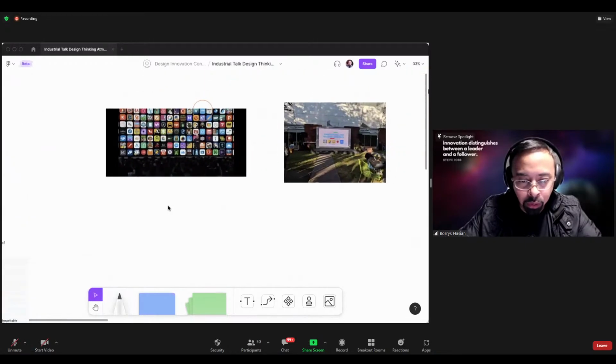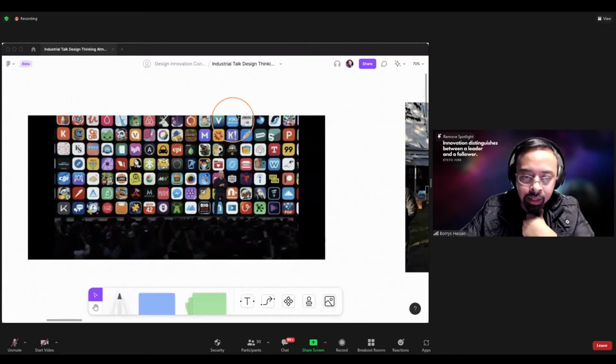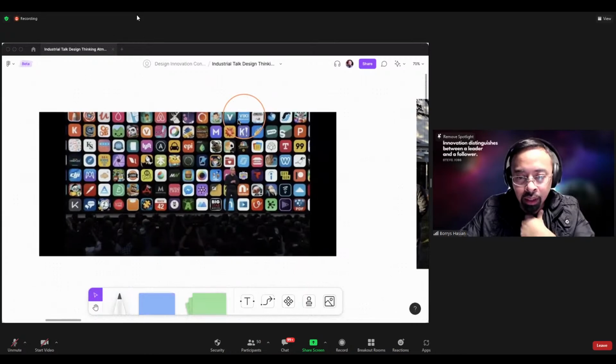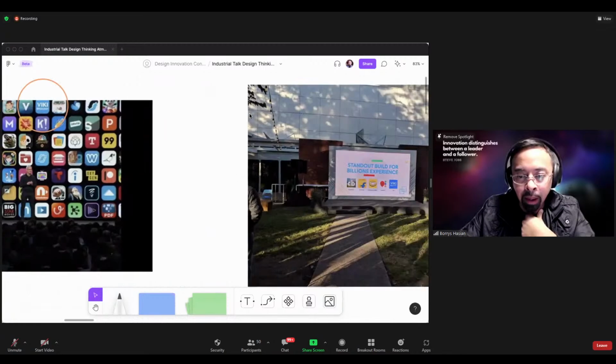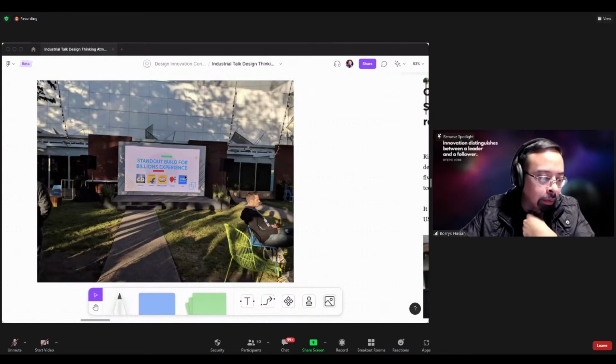Also, a background of what I've done before. This is one of the apps that I designed. It's called Rakuten Viki. You can see that it was on the stage where Tim Cook, the Apple CEO, presented in 2018. So it was one of the best apps in 2018. Also in 2018, the same year, Rakuten Viki was a nominee for the Google Play Award.